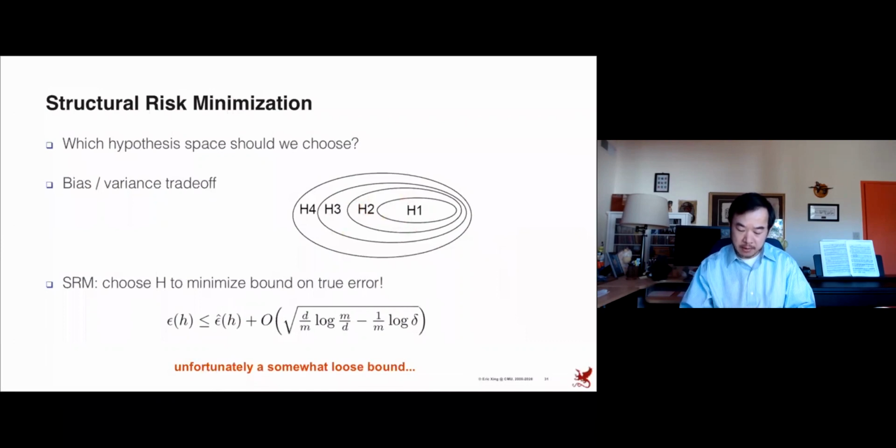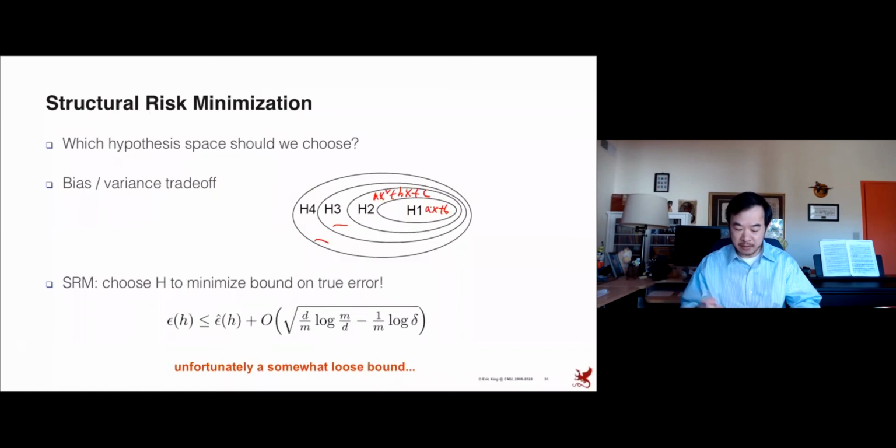Maybe inside here you have just a straight line. Maybe in here you have a second order function. Maybe in here you have a third order function and so forth, right? So each of them is a space of all possible realizations, but they have a larger and larger VC dimension,